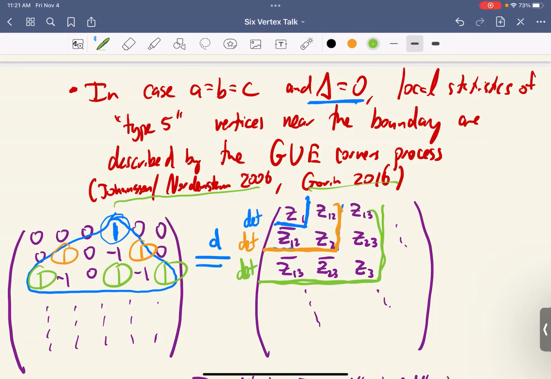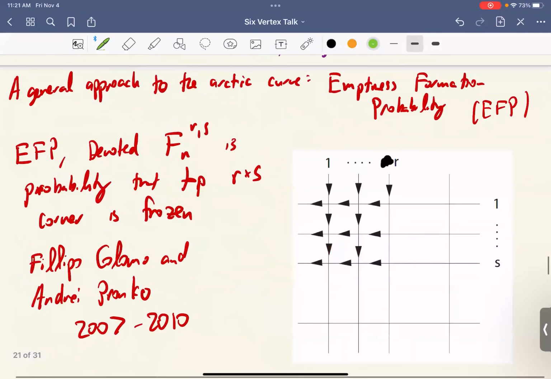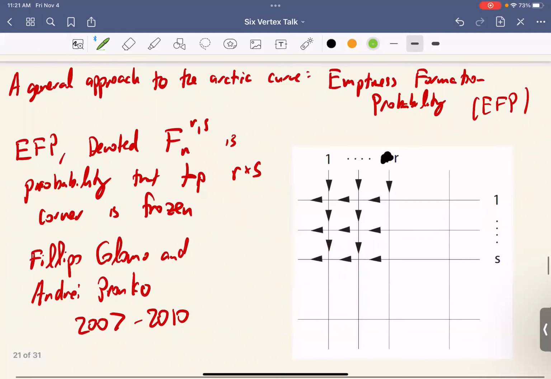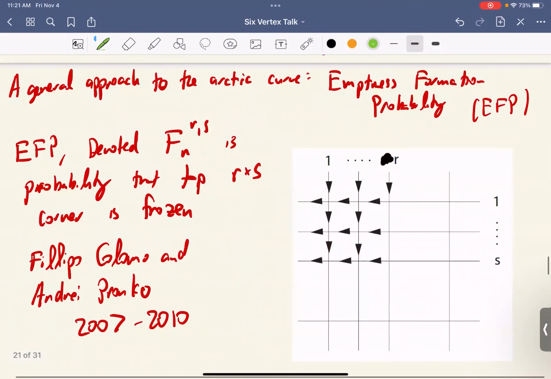Yeah, so the positions of the ones is discrete. The left is discrete, the right is continuous, but this is after some scaling limit. So in the scaling limit, it becomes continuous. Okay, so those are the results on the Arctic curve that are kind of rigorous in the math literature.